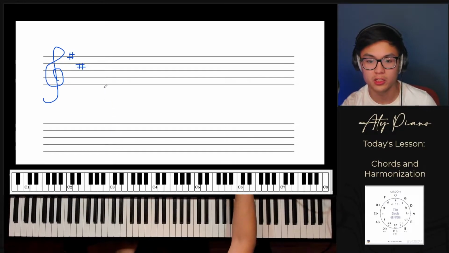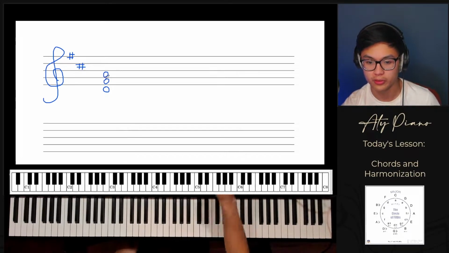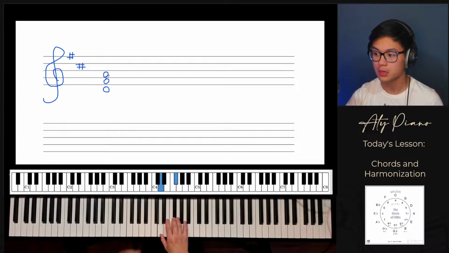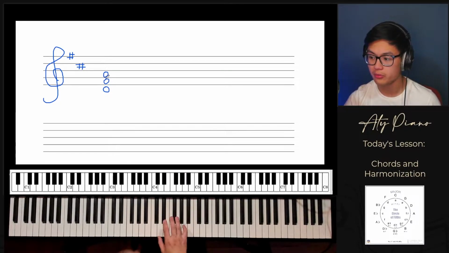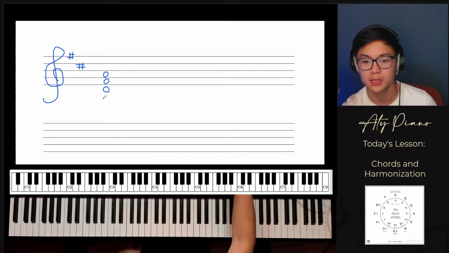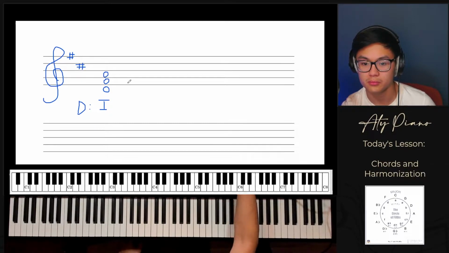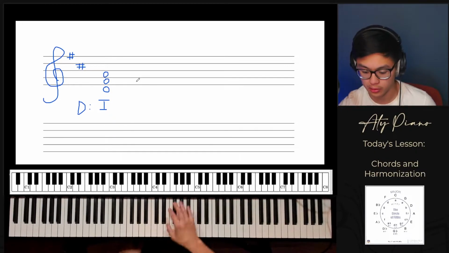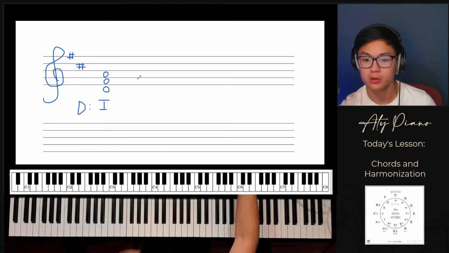And to figure out our major chord, we have scale degree number 1, scale degree number 3, and scale degree number 5 in our key. D, F sharp, A. 1, 2, 3, 4, 5. Major chord. So that's in the key of D, our 1 chord. Then if we invert it, we're going to invert it to the